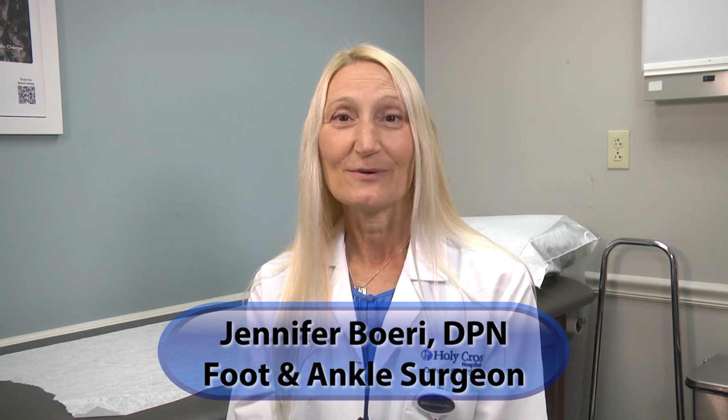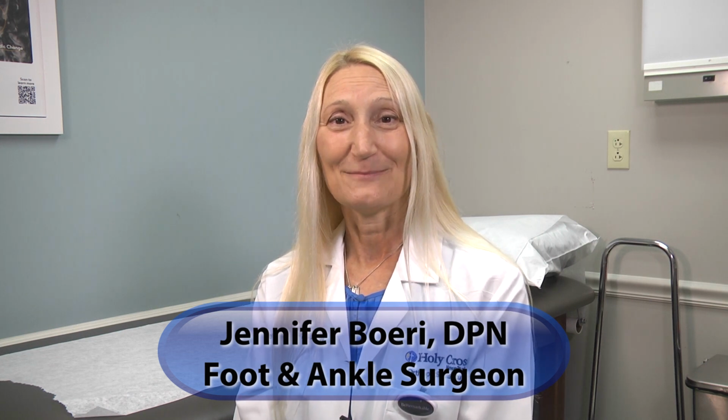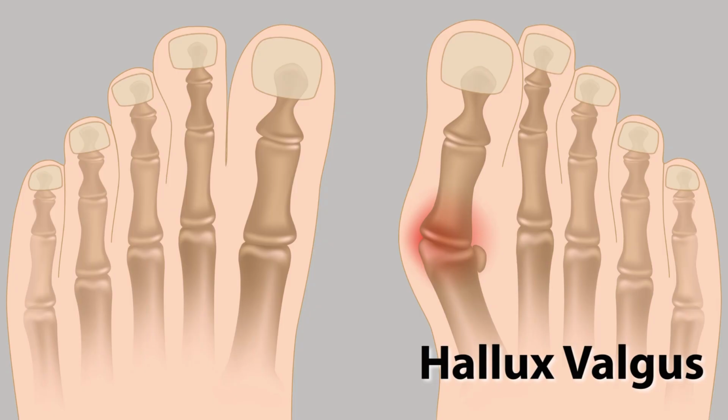Today I want to talk to you about one of the more common conditions that I see in my office. That's a bunion. What is a bunion? A bunion, otherwise known as a hallux valgus deformity, is a condition that generally can be genetic, inherited, and gradually